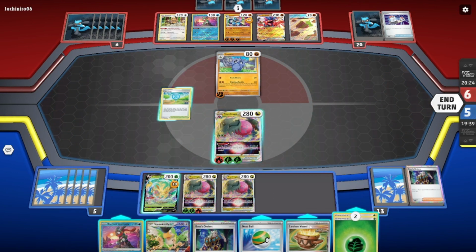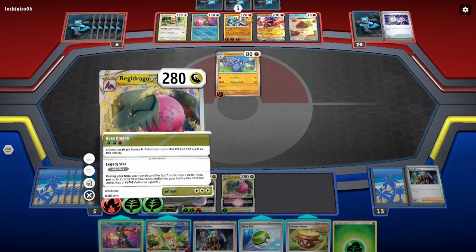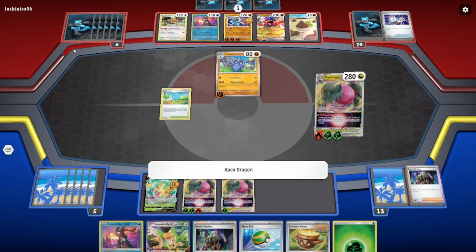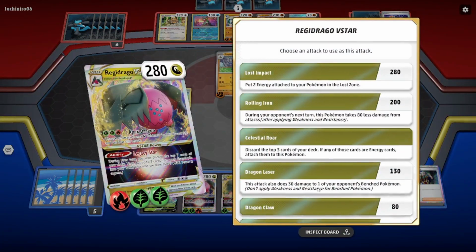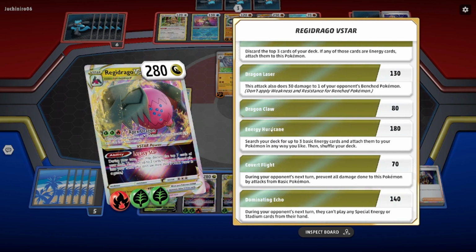And I'm going to attach here. And I'm going to attack. And I want to use the energy acceleration attack, right? It does...